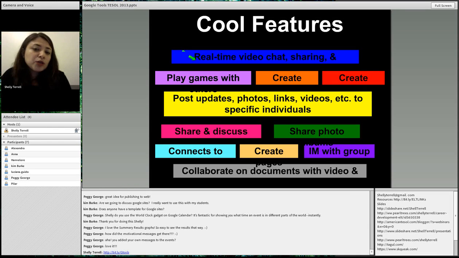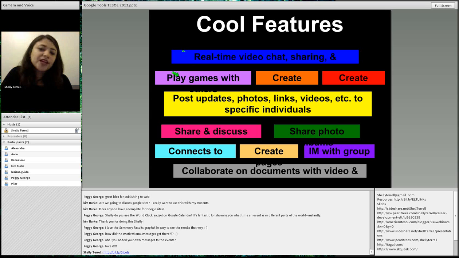It has real-time video chat and sharing on the platform. It's all in one platform. And if you work online, then you realize that when you have everything on a platform, it's such a treasure and a gem, because you don't have to do so much. You don't have to go from here to there. Your students don't have to register for 10 zillion sites. They can register for one and have access to it all.